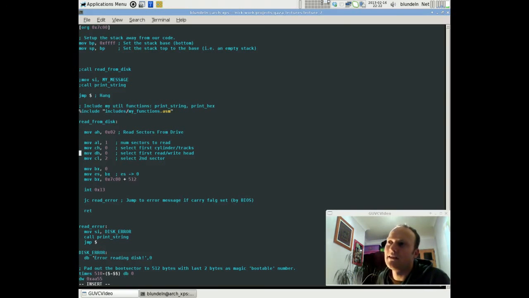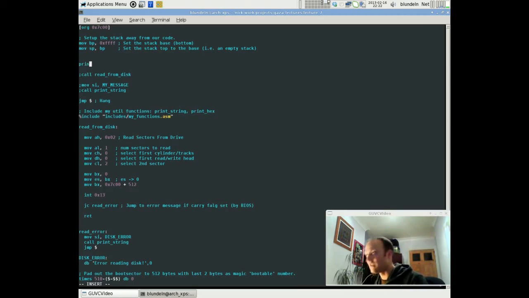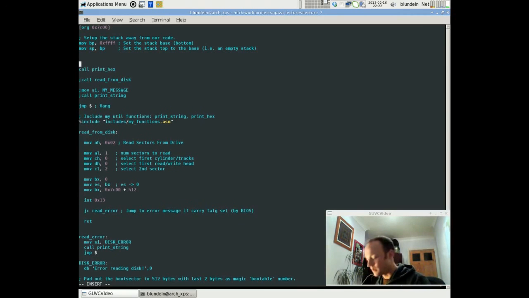So what it means is that DL, the drive number, was already set when I called this function to the right drive that I booted from. And if I just do a print hex using my very useful print hex function, if I do move, because my print hex function takes 16-bit values, not just single bytes, then I'll just load DX into